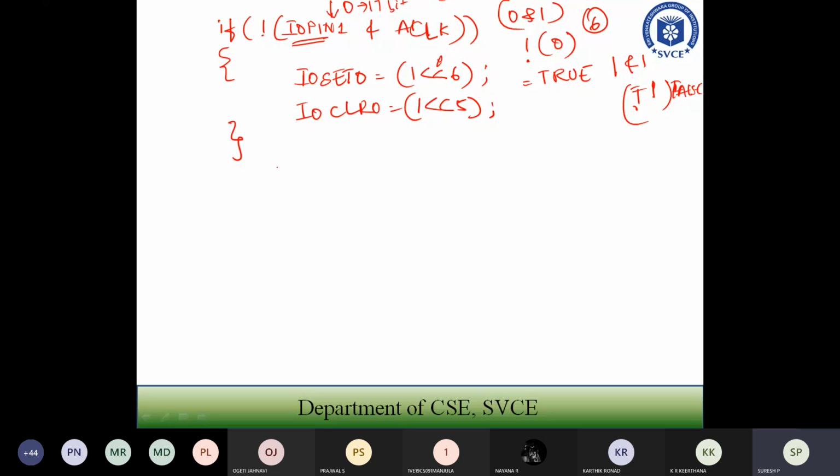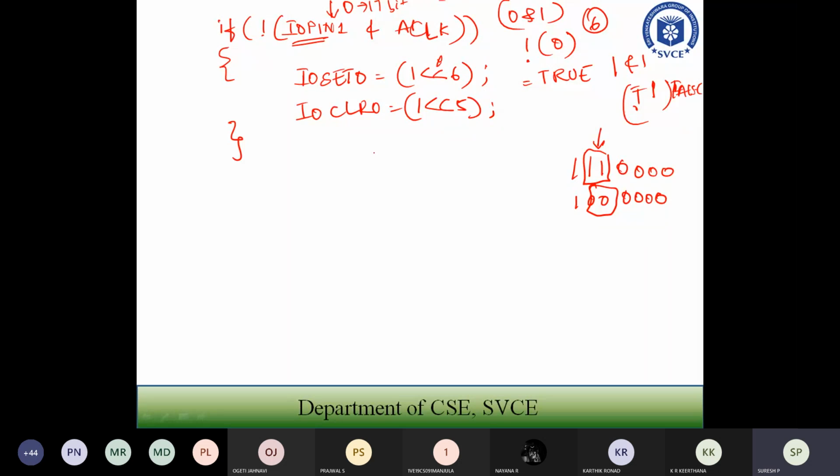Now next is the condition when I press the third switch, which is nothing but your stop. When the stop switch is pressed, what I need to do? It should not rotate in the clockwise direction, nor in the anti-clockwise direction. So to do that, you have configured 1110, right? Now I have to make these 2 bits 0. Instead of 1 1 being there, I want to make them 0. Then only your motor will stop rotating in either the clockwise or the anti-clockwise direction.